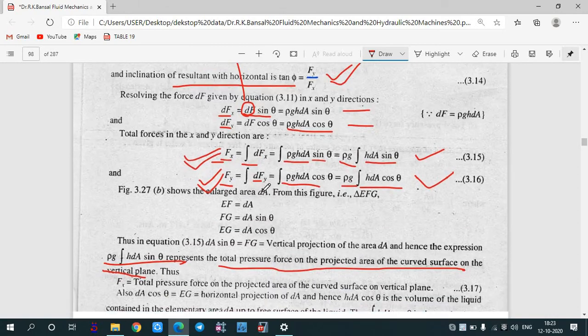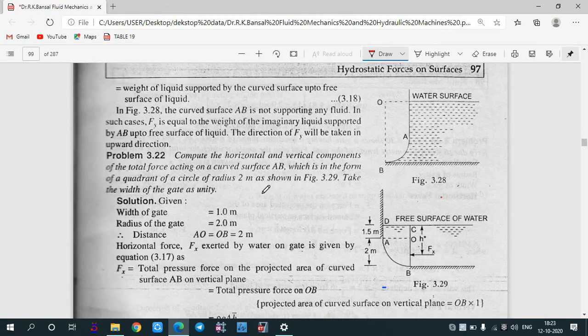Okay, so we'll try to do one numerical on that. These questions generally are not asked in your university exam. So far it has never been asked, but we will do it for our safety since it is in our syllabus, so we need to consider it. We will do only one numerical on that, and if you need more problems, you can refer to Dr. R.K. Bansal's book for further numericals. Okay. Now let's see what the numerical is.